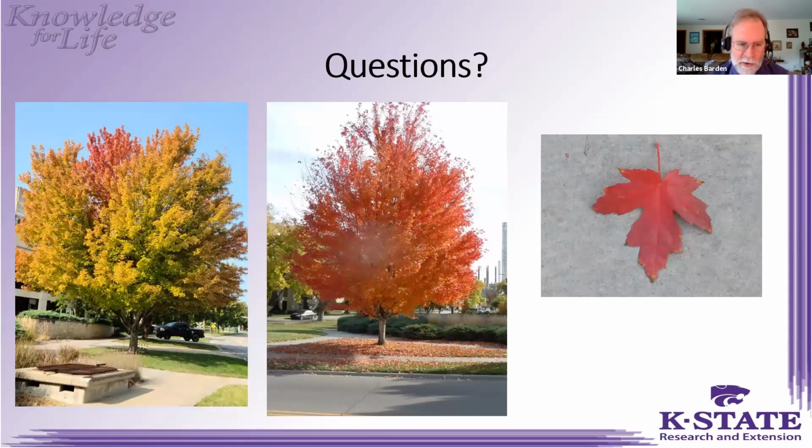These trees here are all the same tree, taken over a couple of different seasons and times. It's the Freeman maple across from Throckmorton Hall, Manhattan. It starts out coloring up yellow actually in August, awful early, but I think it's from a northern source. And you see this is actually the same tree here. It turns red in a few of the branches. Eventually, all the leaves turn reddish orange, and that's a close-up of the brilliant color of the leaf there. Again, the silver maple shape, but the red maple color.